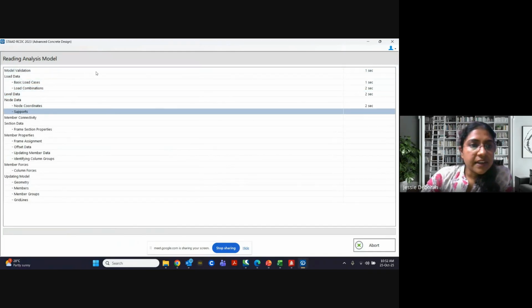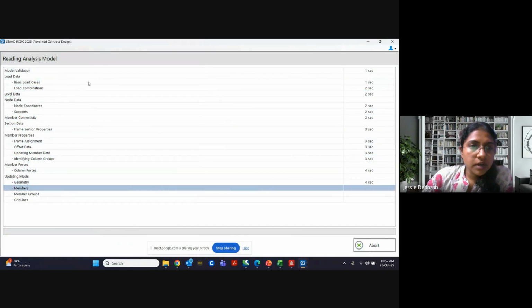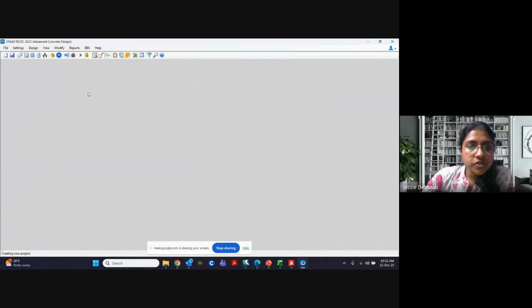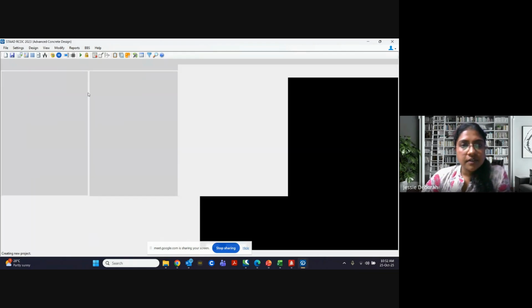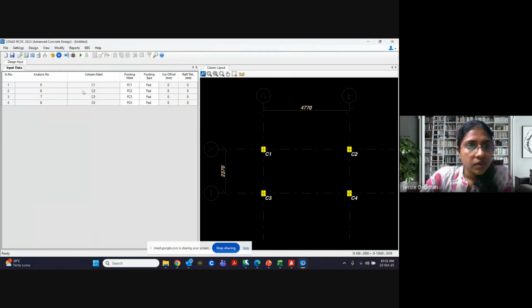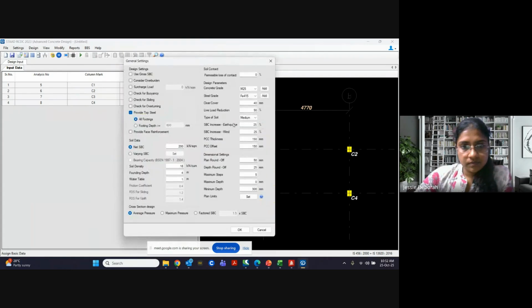So now this will read the entire model based on your load cases, your load combinations and other things. So there are certain inputs that you have to give here. Okay, that will be your general design.